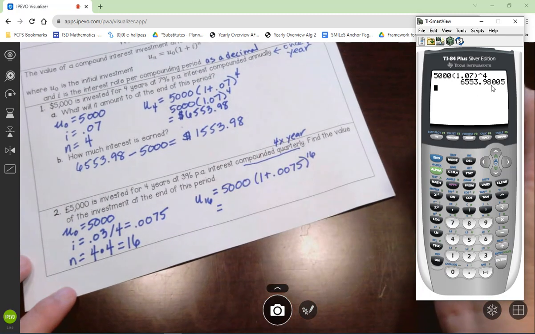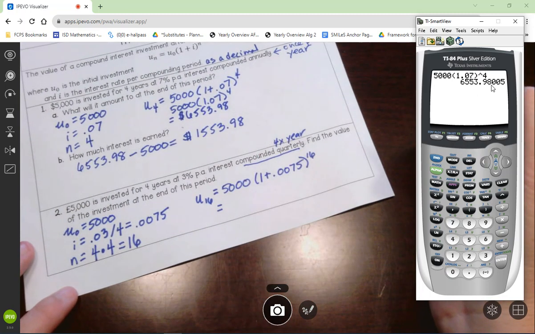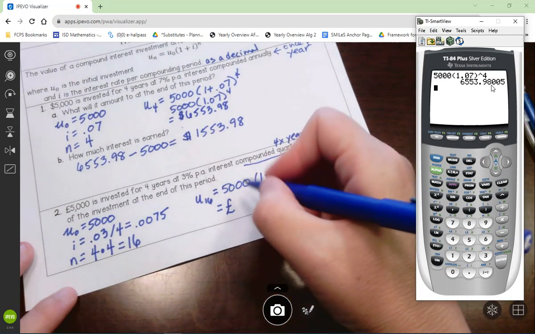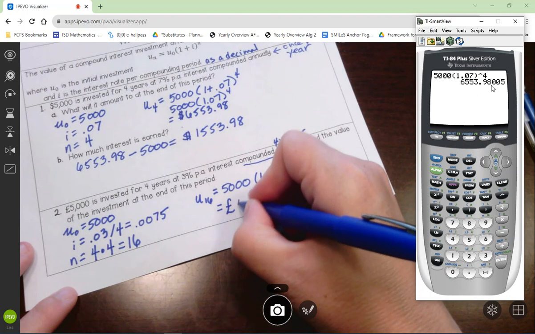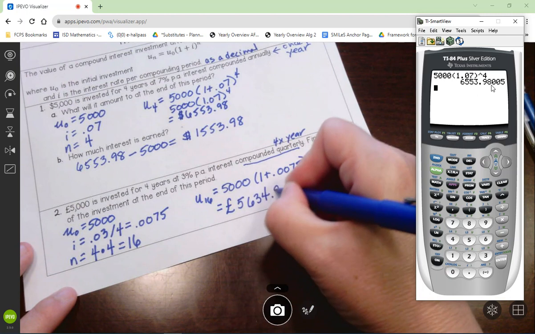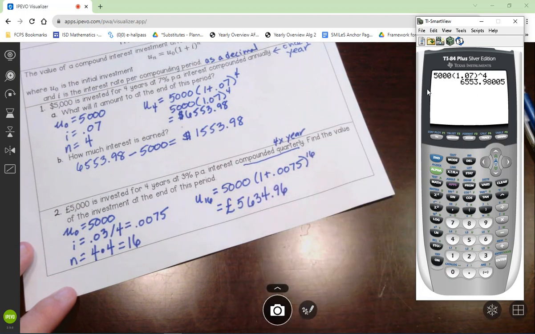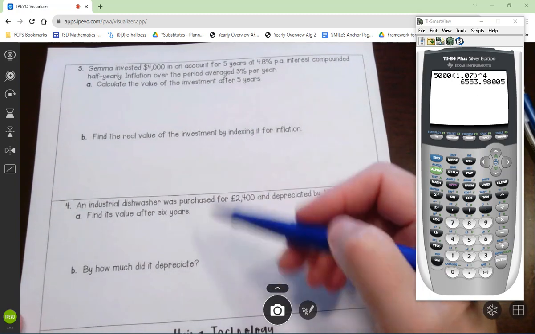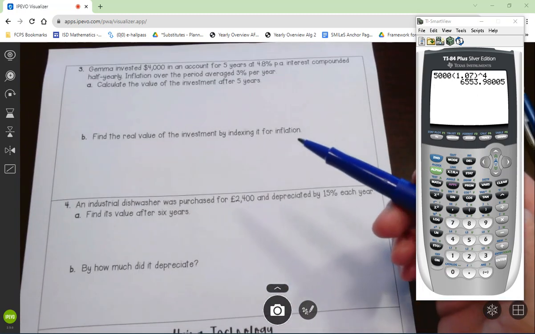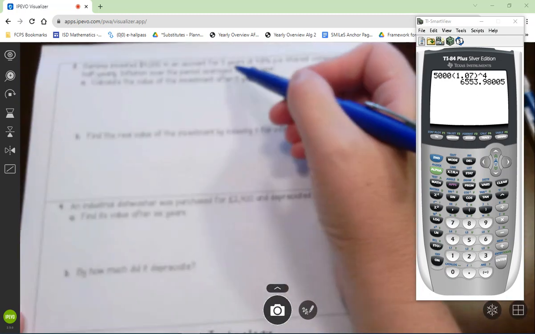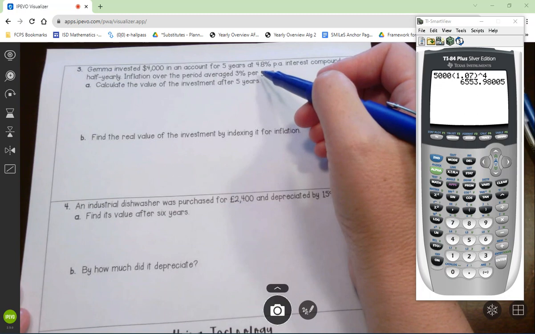Okay, so go ahead and enter that in your calculator. And make sure you put your unit here. And then I got 5,634.96. So this is a good point for you to pause the video and try problems 3 and 4 on your own. All right, coming back from that, Gemma invested $4,000 in an account for 5 years at 4.8% interest compounded